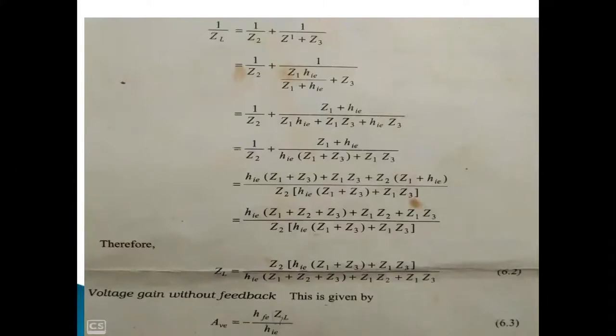In previous units, we have already derived the equation. So we know the equation in terms of HFE, in terms of H parameters. Voltage gain formula is AB is equal to minus HFE ZL or RL by HI. Minus HFE ZL by HI. Already we know the value of ZL or load impedance. Just substitute this value in this equation. Then we have the voltage gain AB of the basic amp.